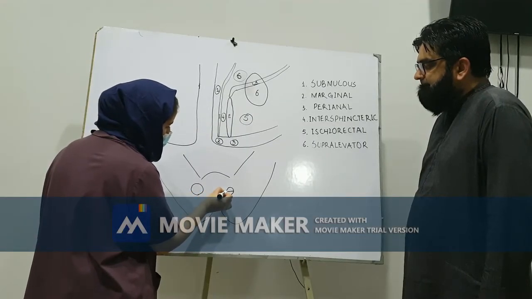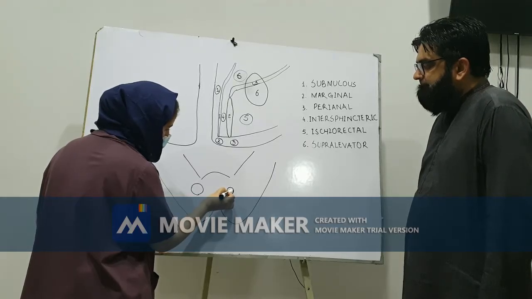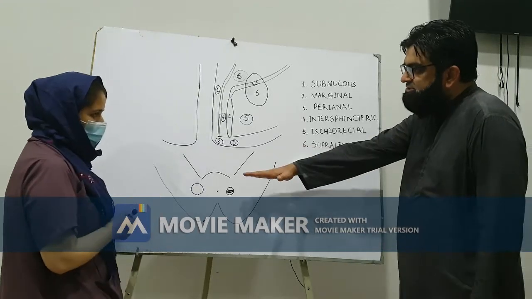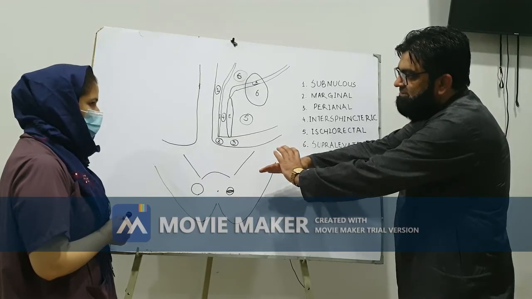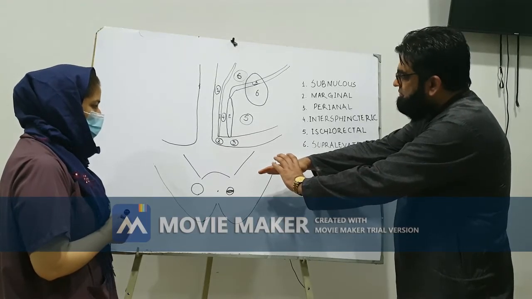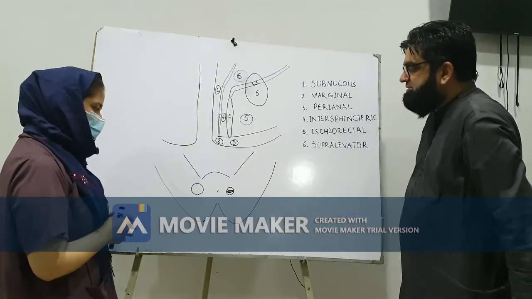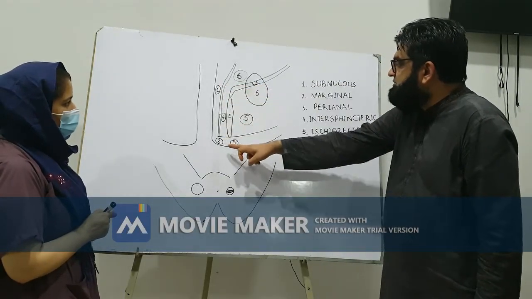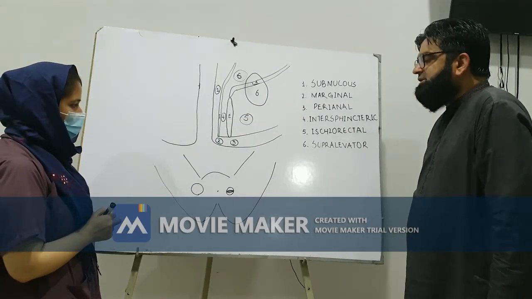This is a radial incision. We will excise the hanging edges so that the abscess cavity is not closed. So it will be kind of an elliptical incision. You will give a radial incision and the hanging margins will be excised. So basically it will be an ellipse. To name this, this is a radial incision with excision of the hanging margins. So the first 4 abscesses, which are submucosal, marginal, perianal and intersphincteric, are to be dealt with this incision. What about the ischiorectal abscess?